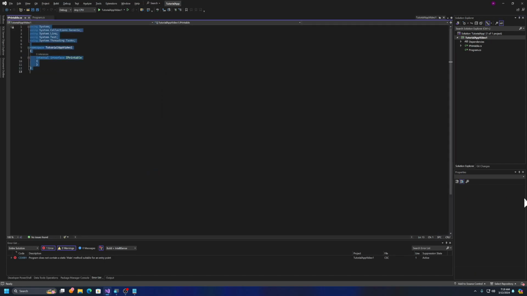Now, I'm gonna make some modifications here. Let me increase the font size here. Okay. We'll change this namespace, and instead of internal, we'll make it public, like that. Okay. So now that we have our public interface called iPrintable, what we need to do is